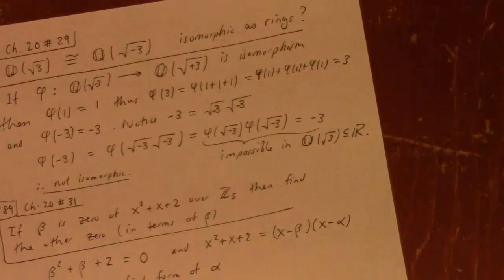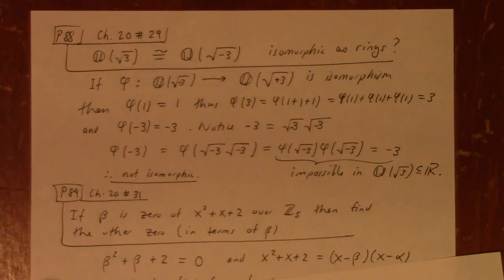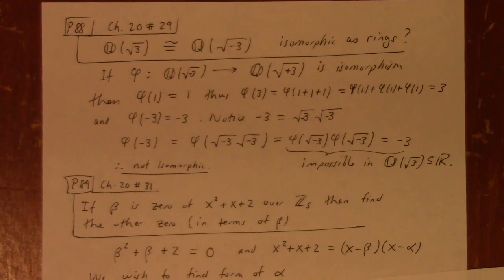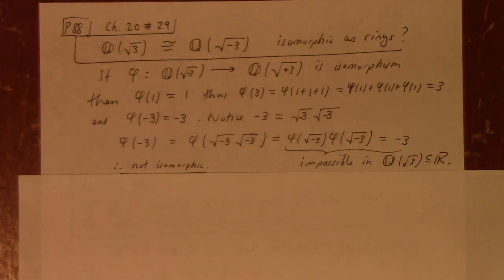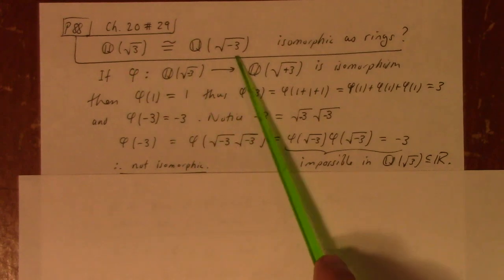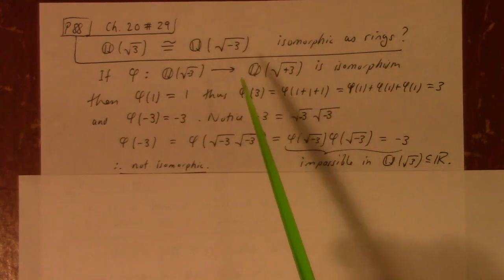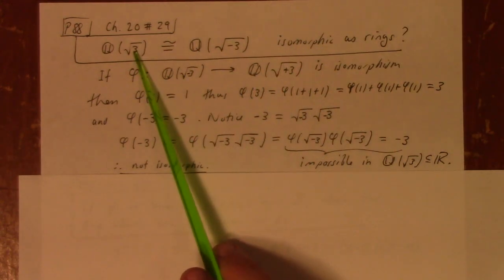Problem 88 is solved. I mean, the solution is given in the back of Galilean. I reproduce it here. Maybe not the same solution. I don't know, there are probably a few different ways to do this. To prove that these are not isomorphic as rings, you want to exploit essentially the fact that this ring has a square root of 3 in it,